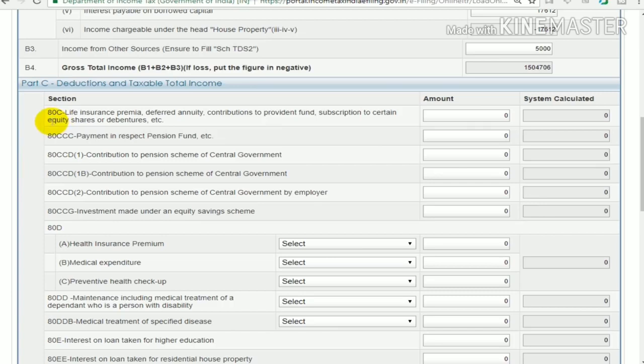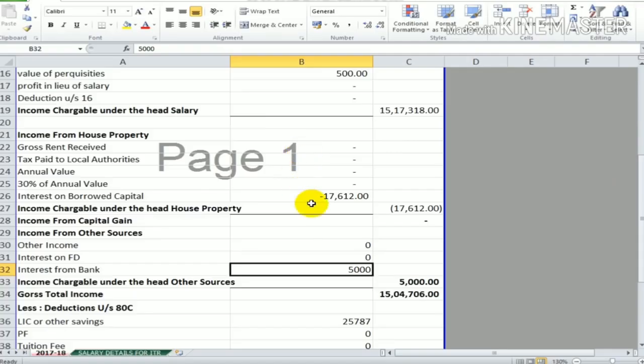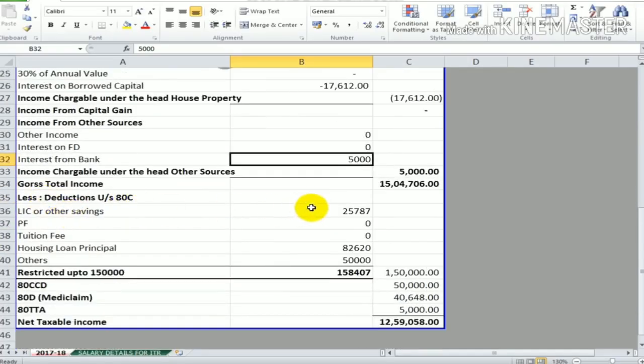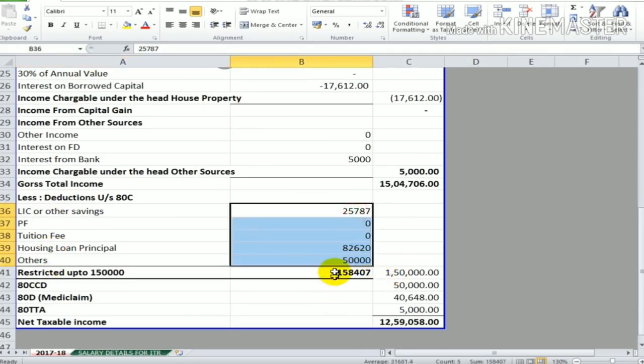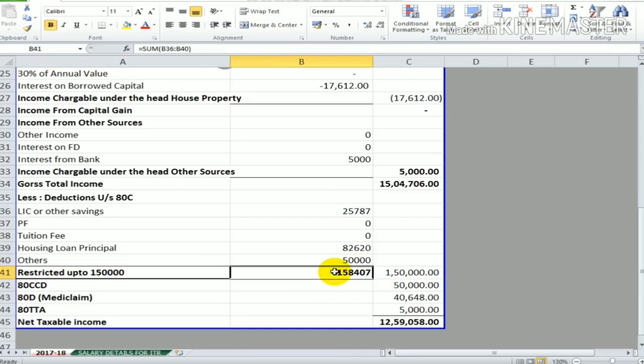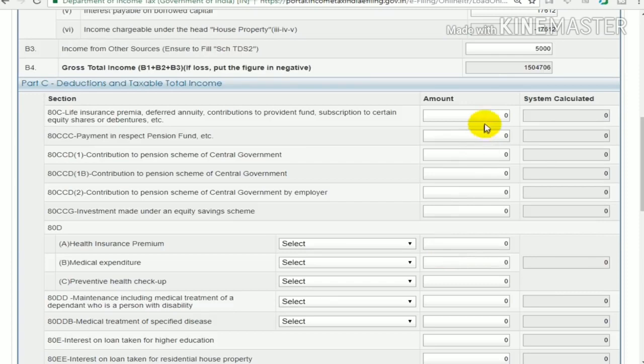First is section 80C. It includes life insurance premium, deferred annuity, contribution to provident fund, subscription to certain equity shares, tuition fees, principal repayment of housing loan, etc. Many things come under section 80C, and the limit of section 80C is 1,50,000. You can see in my case I have deductions like LIC, housing loan principal, and some others. The total of these deductions is 1,58,407, but the restricted 1,50,000 is allowed. So I am entering